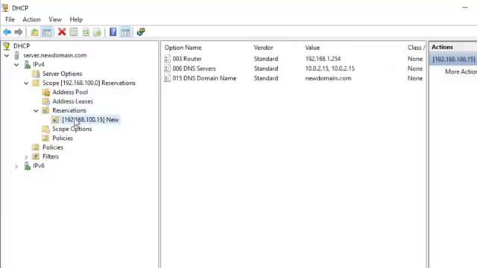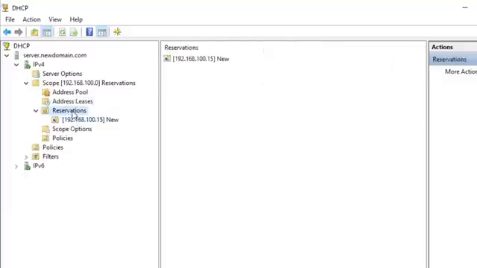We can see that this computer is also added to the reservations. So what is a reservation? It's kind of the reverse of a static IP address. A static IP address is an address that you go to a computer and assign on the local level, and then you have to go off of that static IP address to configure it. This is sometimes done on printers and so on. But I don't want you to necessarily worry about that, because nowadays reservations are mainly used for IP address tracking and